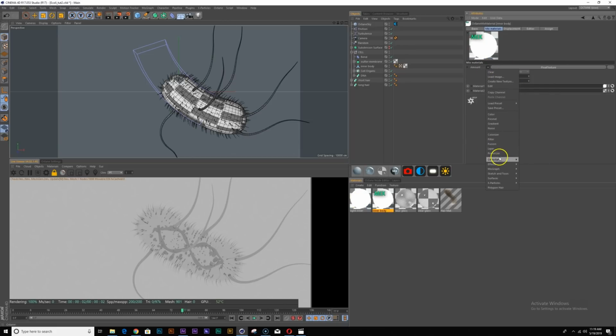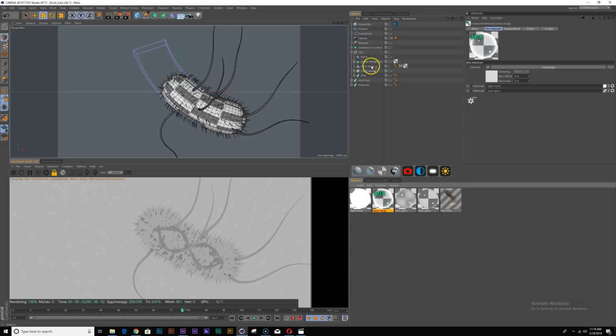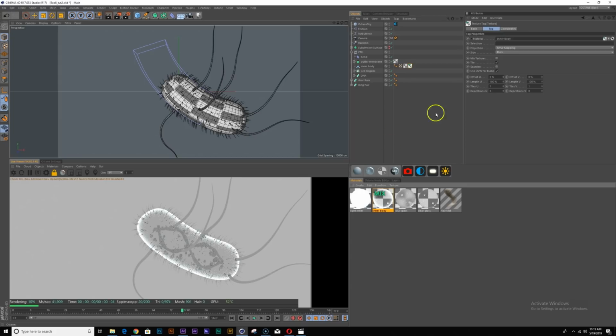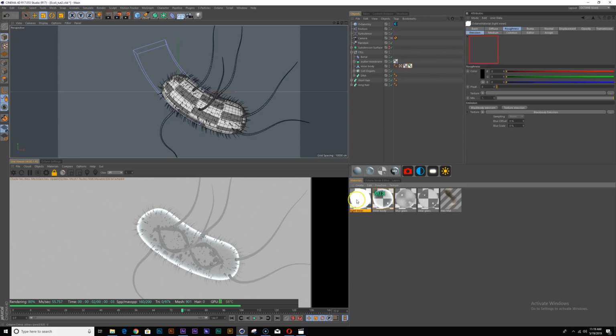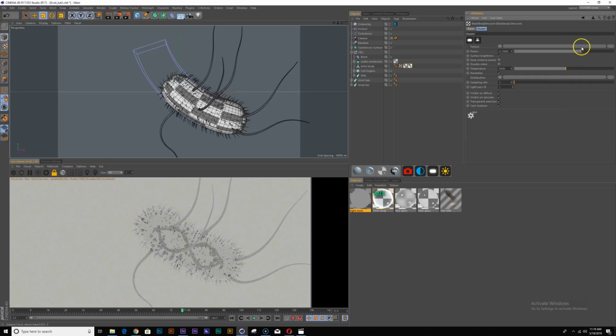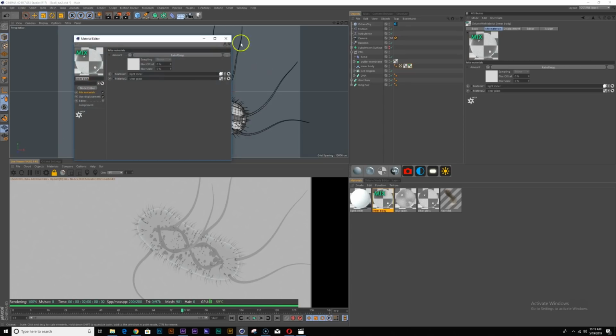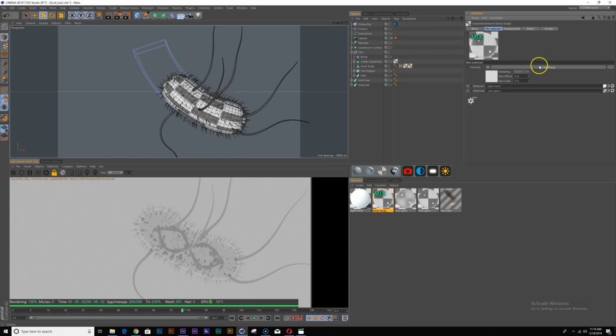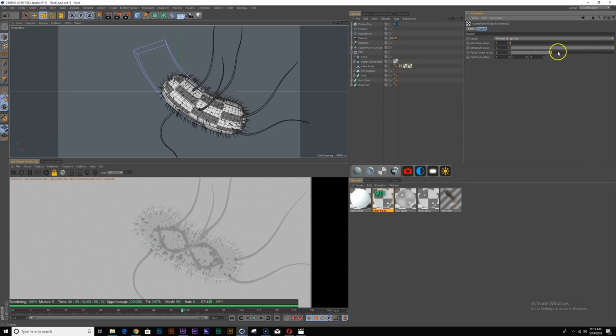And for how we mix this, I'm going to use a falloff map. So let's now apply that to my inner body. And let's go in here for my black body and just turn down the power a little bit. And for my falloff map, we can play with some of the settings here. Just play with it.